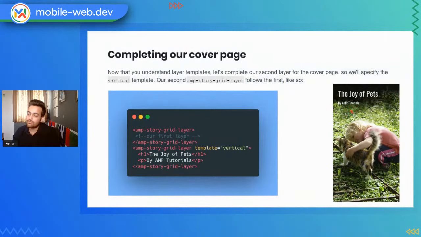You might be wondering whether you have to create a different layer for mobile and desktop view. The answer is no. There is an AMP story responsive mode in which you set the attribute of the AMP story as responsive, and then it automatically changes the size in desktop and mobile view.